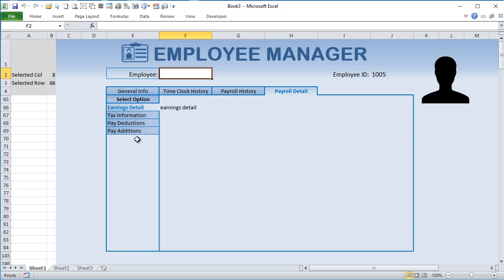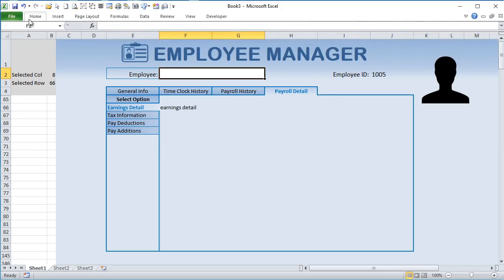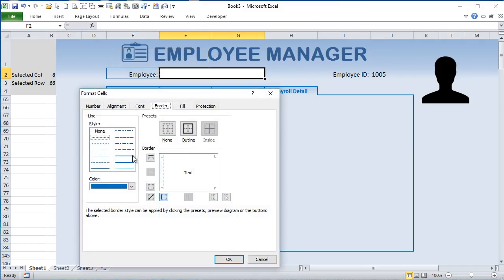We're extending this training along a little bit today. I also want to increase this. I want to give more space to that employee name. Merge and center, and then over to the left. And all right, let's set up our borders there. So that way we can show a nice large employee name and have plenty of space when